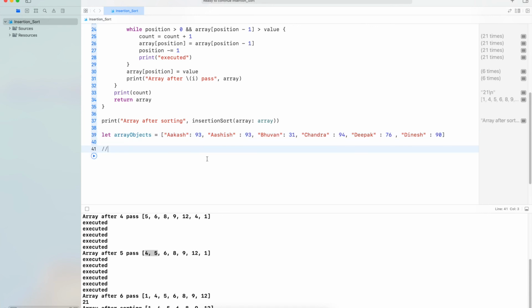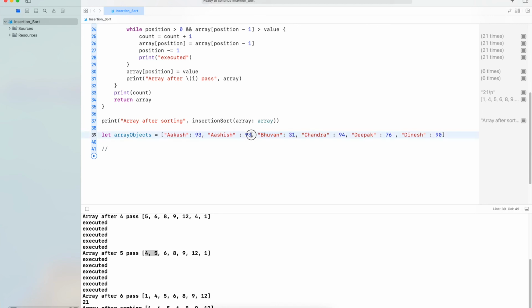Now we know this portion is already sorted and the rest of the array is unsorted. 93 will be compared with 93, and since it's not greater, nothing will happen. These two will be in the sorted part. Now Bhuvan, which is 31, will be compared with 93 and 93.